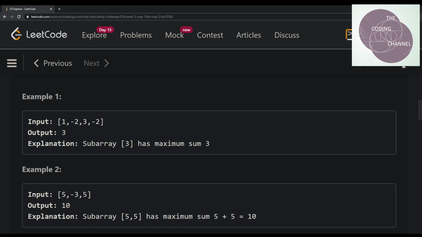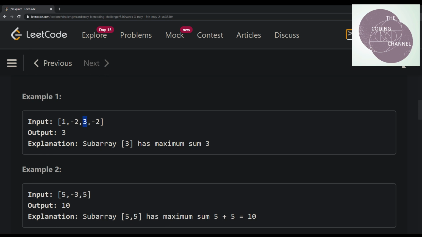Hence we discard this and retain the maximum sum as 1. We move to the next element, which is 3. 3 is greater than the previous maximum sum that we have. Hence we opt for 3 as the maximum sum right now.